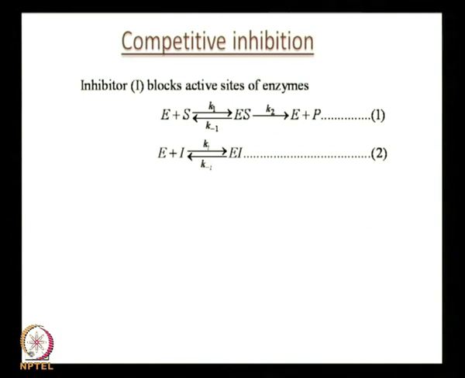So this is a competitive inhibition, slightly more complicated than the thing that we did last time, but still very straightforward. The first reaction, as you see, is the same as what we had done before, which is E plus S reversible giving ES, which then irreversibly breaks down into the enzyme and generates the product as well. The second reaction is the one that makes a difference. As I told you, these are competitive. What kind is this? Competitive